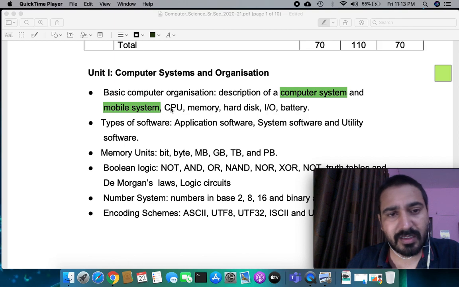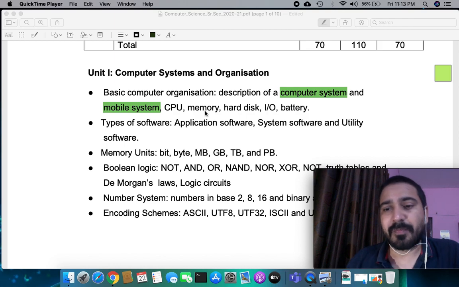Now the third part is the CPU, the central processing unit. If we talk about the current architecture, the von Neumann architecture, any system has a single central processing unit. All the processing is done by that single unit. That single unit can have multiple cores, so multiple CPUs might be running in that single package, but that unit is a single unit.